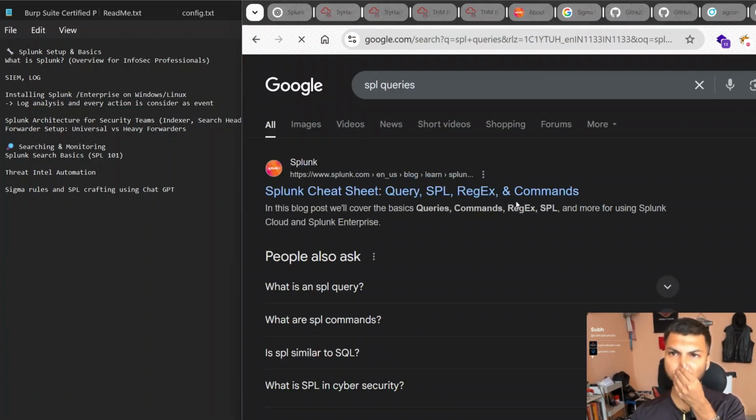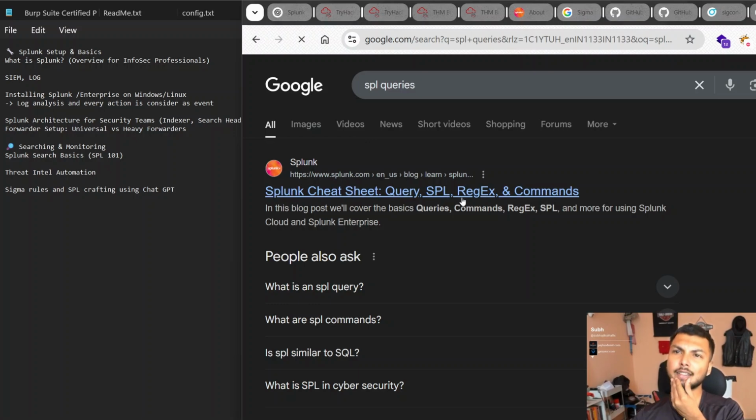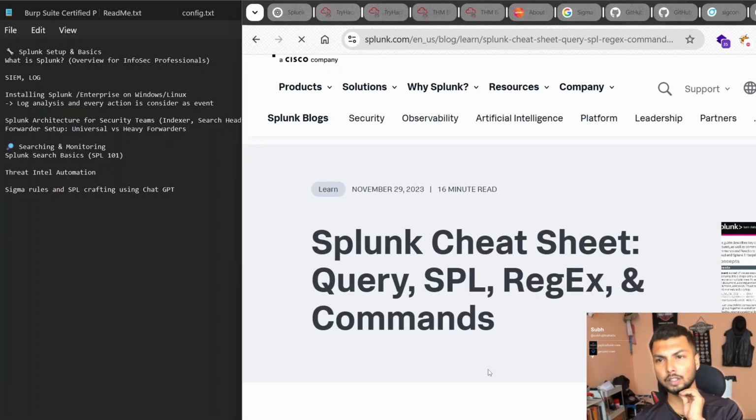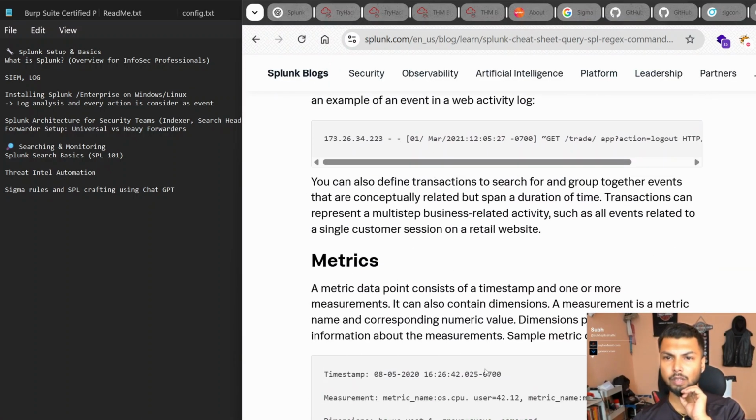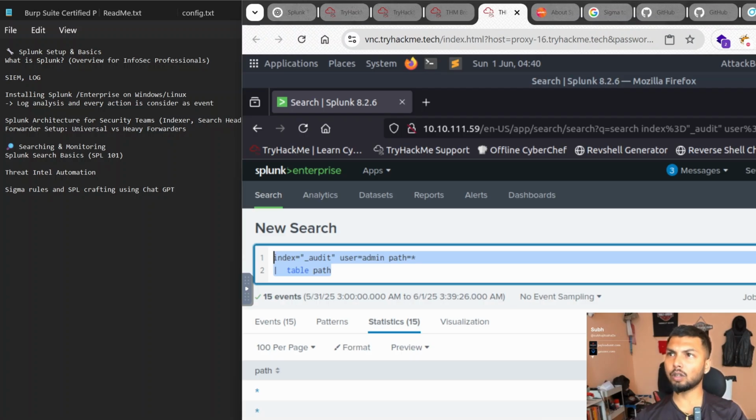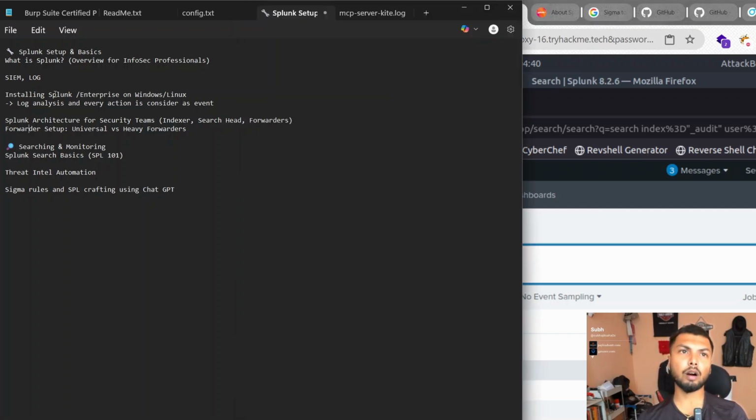So these are SPL commands. We use queries, SPL command, regex, and all this. We're going to take care of all these things, because I'm showing you the basic commands that you can create to figure out all the event fields and event data inside of Splunk. Awesome, we have learned about